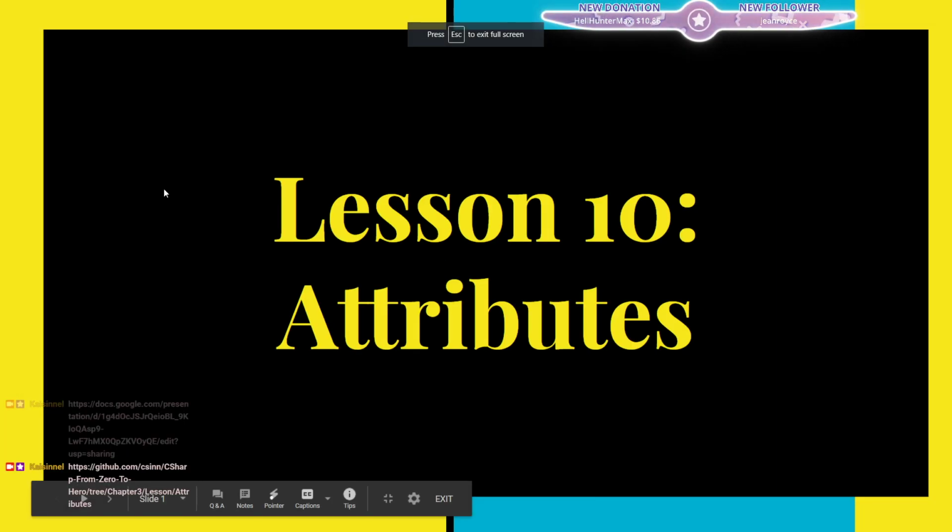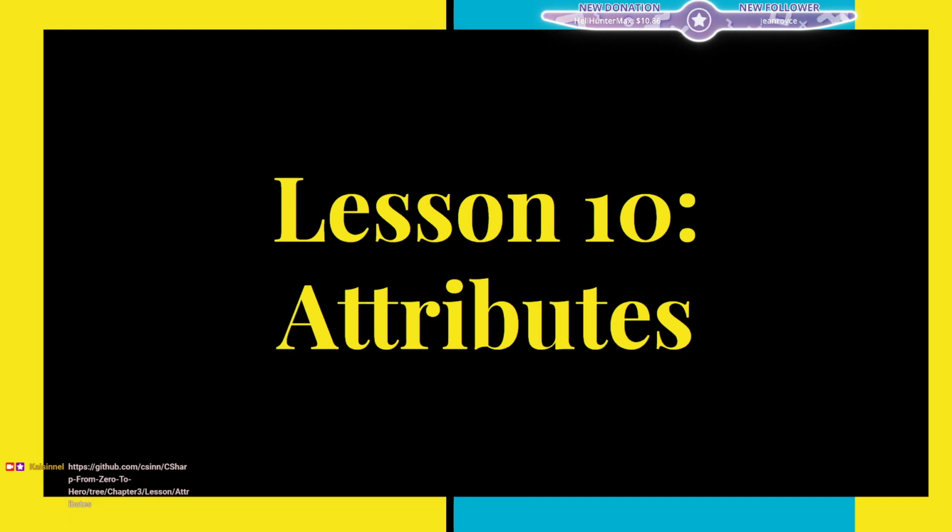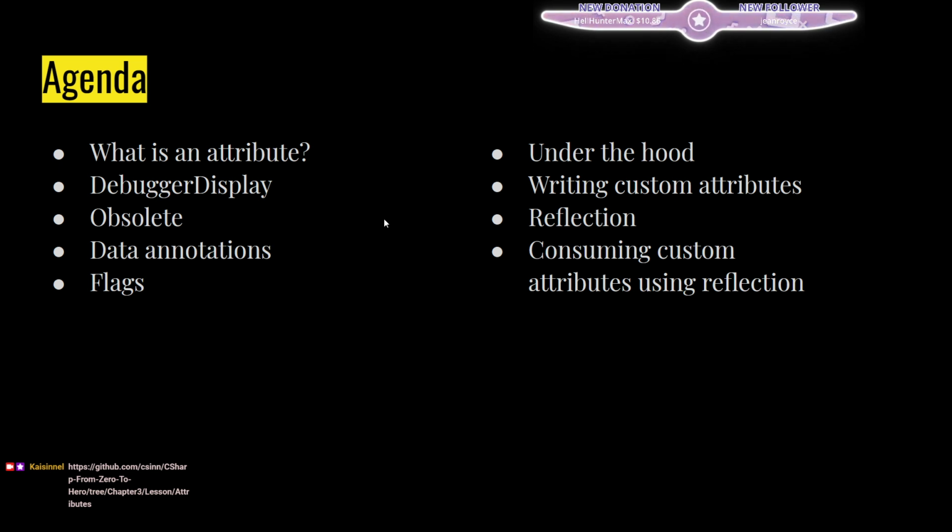So the purpose of this lesson is to talk about attributes, and we'll talk about basically two parts of attributes: how to use common .NET attributes to make your development life easier, and how to make your own attributes in case you want to innovate and do something nice by yourself with your own custom attributes. So we'll talk about the following attributes: debugger display, obsolete, data annotations, flags, and then we'll talk about